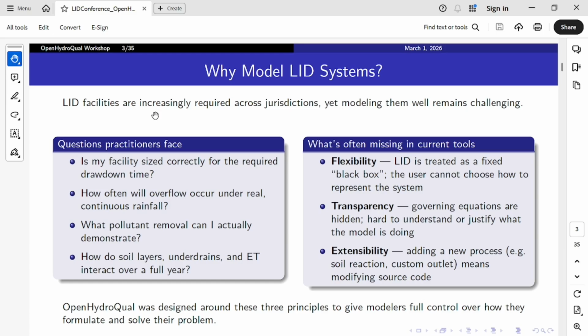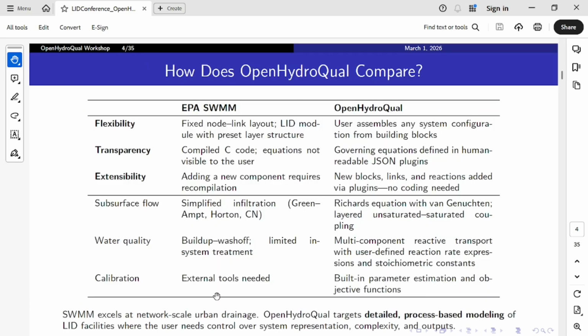So essentially, the tool was built around these three principles: flexibility, transparency, and extensibility. So it's basically a living, breathing kind of modeling system. If you check the download page, you'll see that every month or so I update it. Or it can also be crowdsourced, so people can build components and then they can be added to the system. Okay, why is it not moving? Okay,